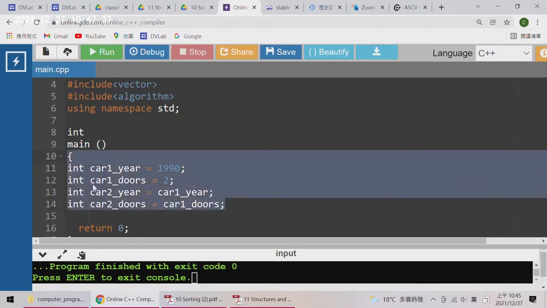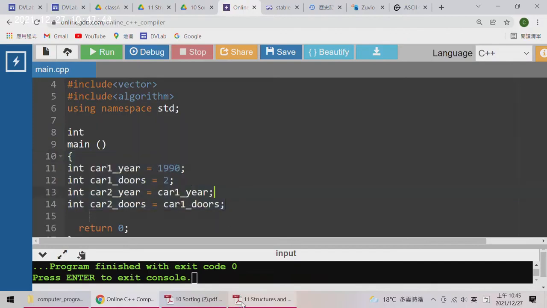But writing a program in this way, you need to type a lot of words. But if you use a structure,